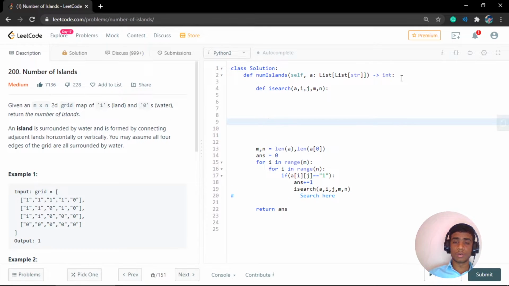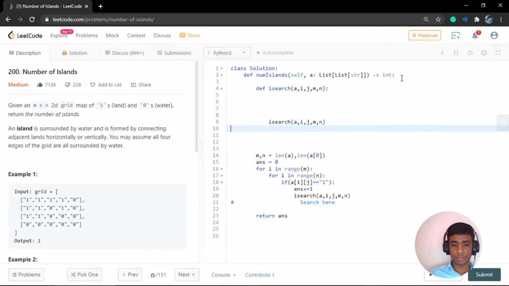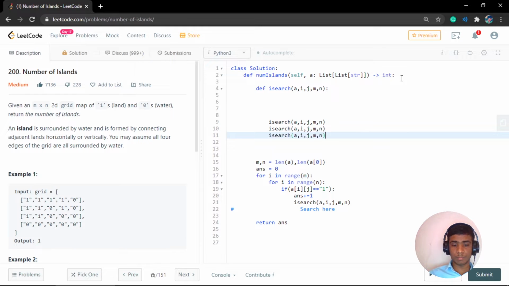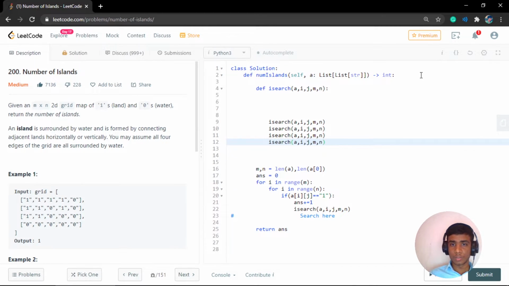So let's take it step by step here. First of all, we can do the breadth first search in 4 directions, right? So let's denote what they are. If I'm performing search with a, i, j, m, n, I can perform it in 4 directions. If I copy and paste this, what are the 4 directions?